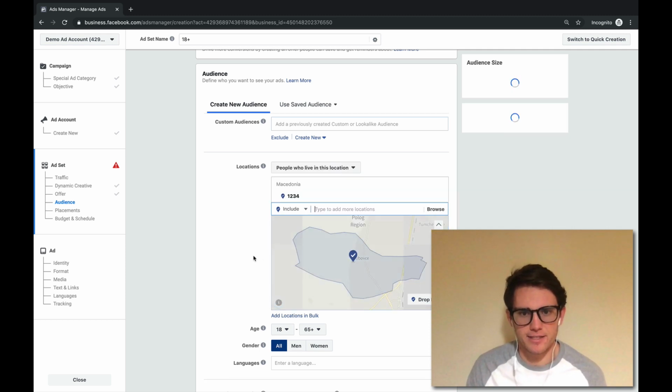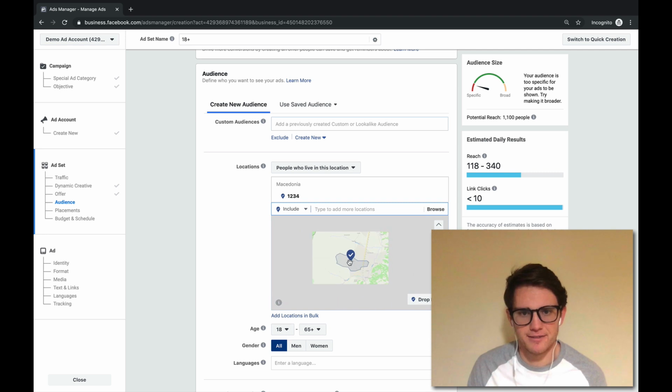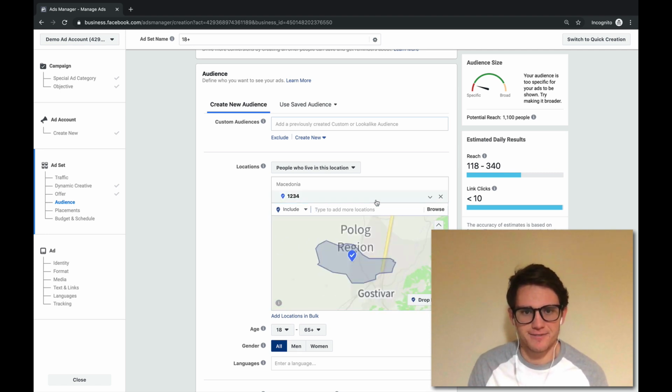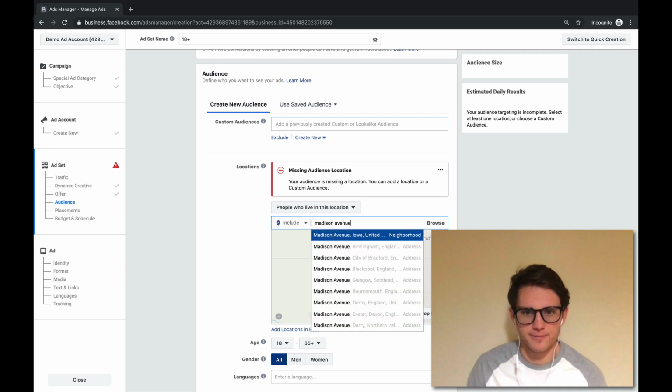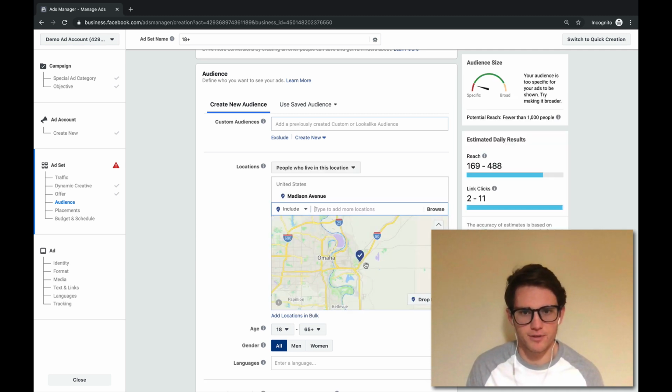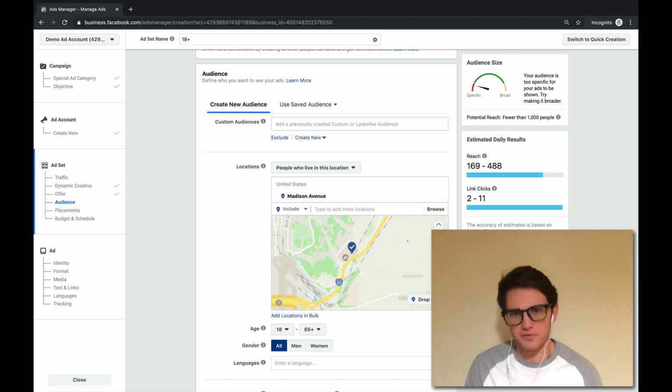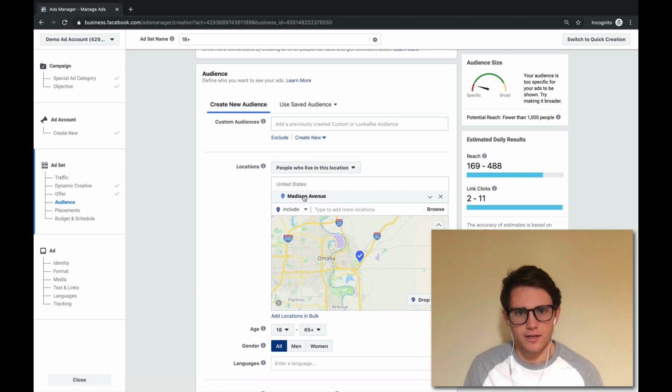This isn't in the United States, but we'll select. Oh, looks like that's a zip code. So we'd come here to, trying to think of an address, Madison Avenue, let's say, in New York or Iowa. So we've got this Madison Avenue. Obviously, you'd put in like 1234 Madison Avenue or whatever it is that your practice is. And what that's going to allow you to do, if you type in